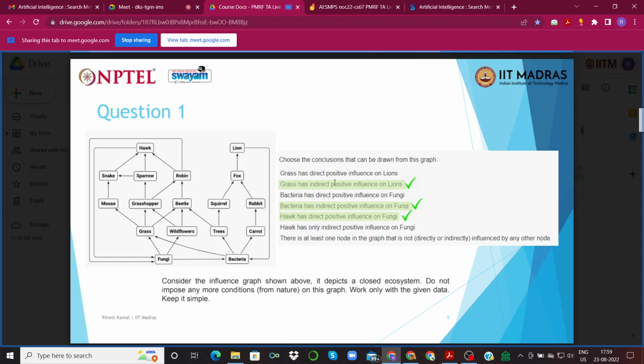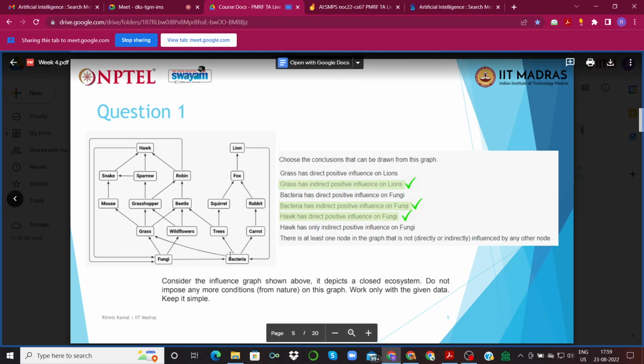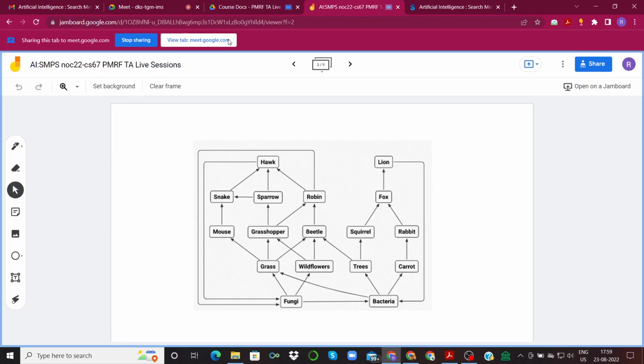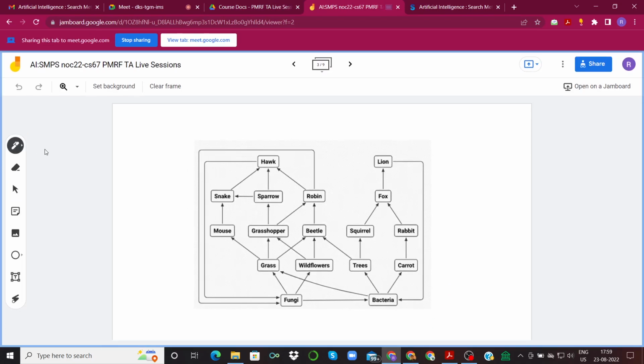And why? Let's see. The second option is grass has indirect positive influence on lions. If we just follow the influence graph shown over here, we have grass over here. Let me just share my Jamboard. So we have grass over here, and we can see that grass has a positive influence on mouse, mouse on snake, this on hawk, hawk on fungi, and so on and so forth.